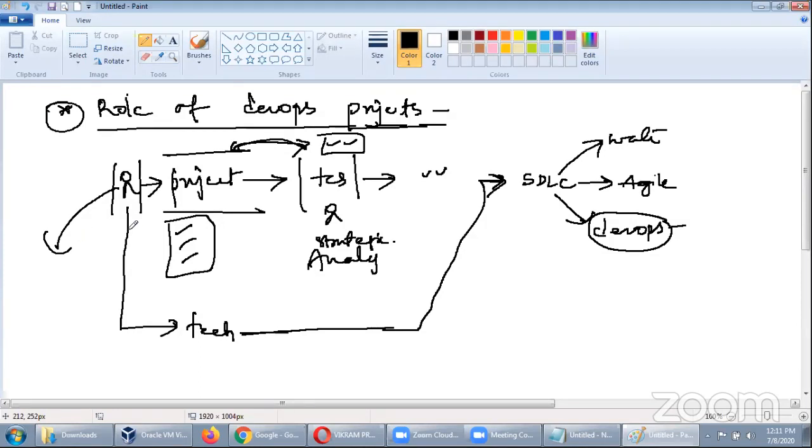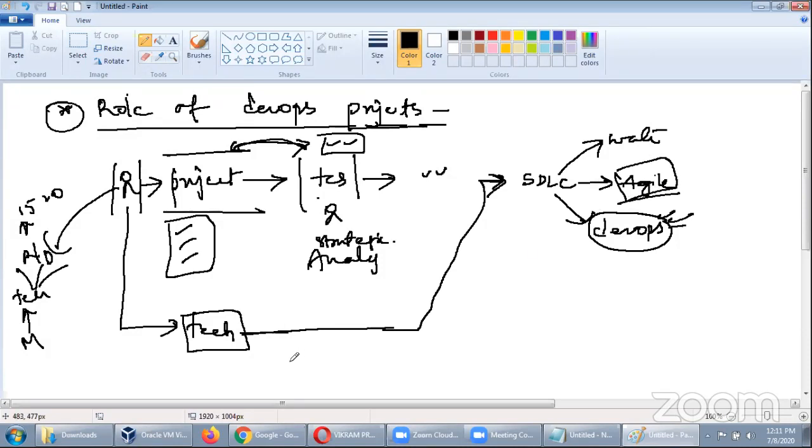So this is what happens, guys. Generally, very techy clients will always look for new technology only, because when they approach the company itself, they will study the market. They'll see what kind of technologies we have, which one is good, which one is bad. They do a lot of R&D, guys. They take at least 15-20 days of time in this activity only. They'll do R&D and come with all the data. So they'll say, if you offer agile, and if he has some budget concerns, he may accept, that's okay. But if he's looking for quicker delivery and a lot of benefits, they may ask for DevOps.